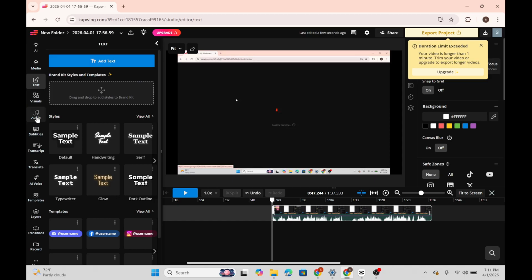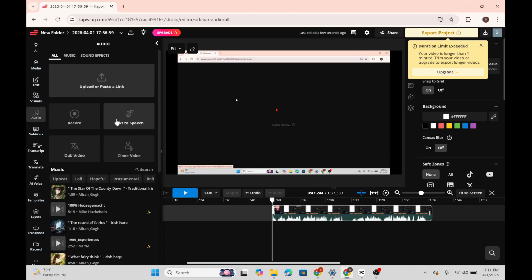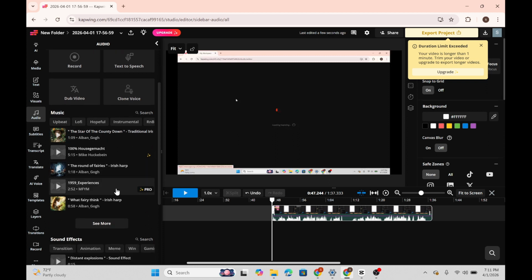You can also add your music by clicking on this audio here, select record, you can make it text to speech or you can also browse the Kapwing music, and after that you can preview your meme video and you can export it in the top right corner, and after processing you can download to save the meme video